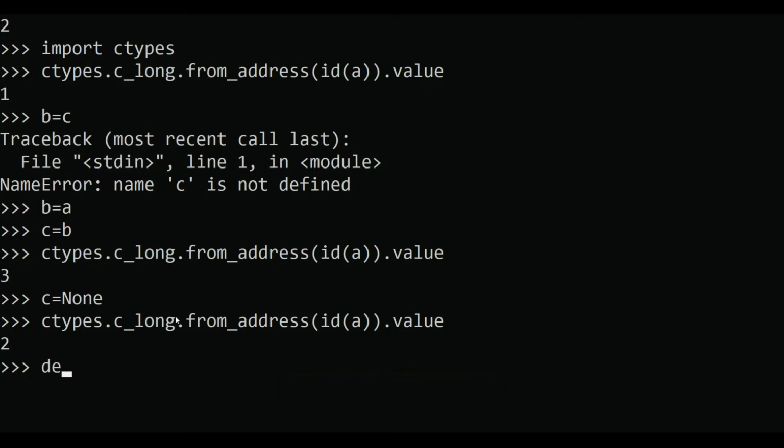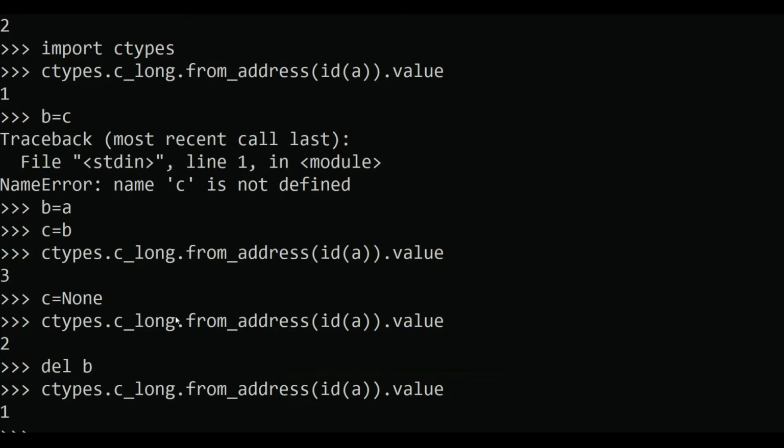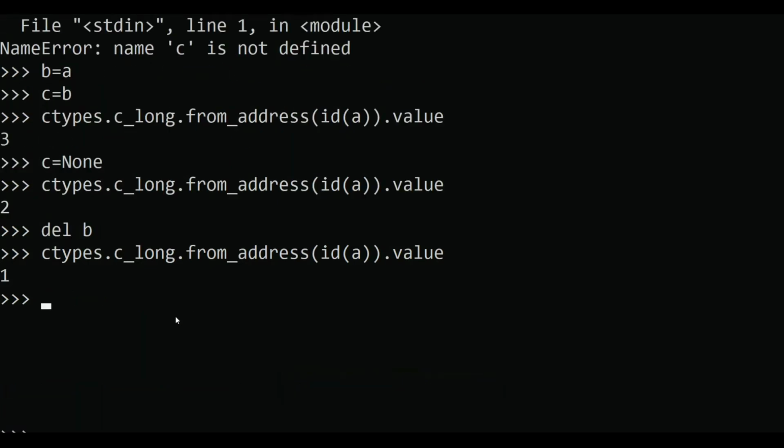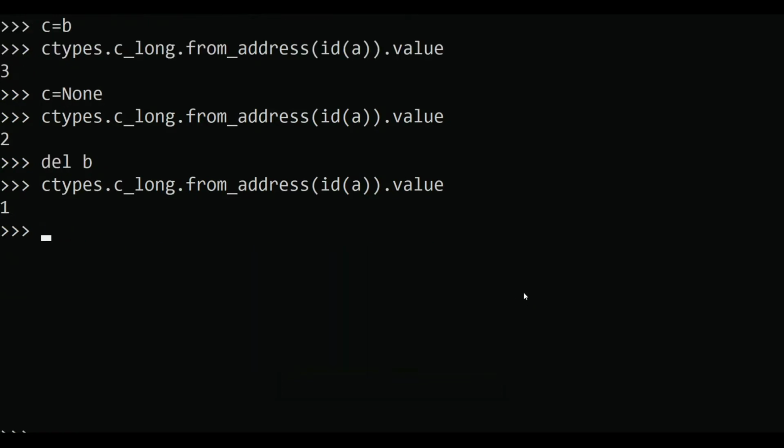Now delete variable b. Now it gives 1, because we have deleted variable b and c is referencing another object, so only a is referencing that object, so it gives 1.